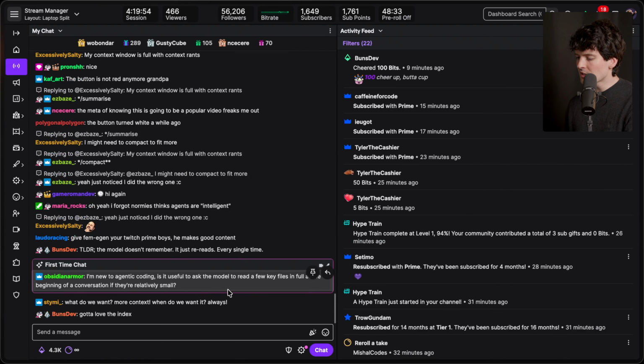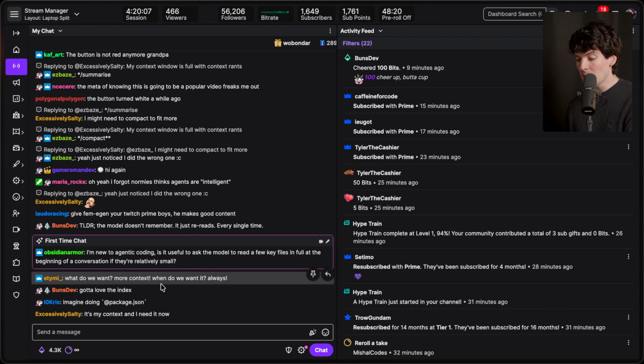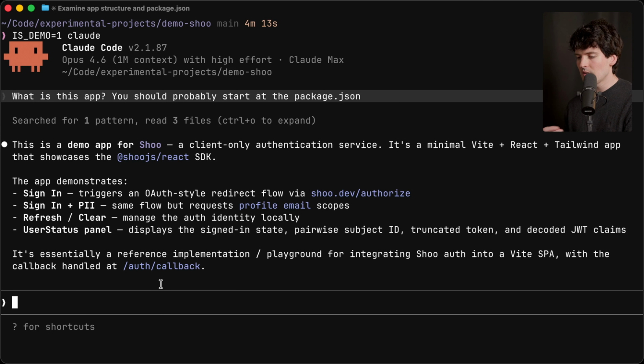Is it useful to ask the model to read a few key files in full at the beginning of a conversation if they're relatively small? My take for this is, generally speaking, no. Tool calls are really, really cheap. And the models, the harnesses, and all of the things around them have gotten pretty good at figuring out what context you need to solve the problem. You might think you know the context well enough, and you quite possibly do. You can definitely help it skip a few tool calls that it might not need to do, but most models